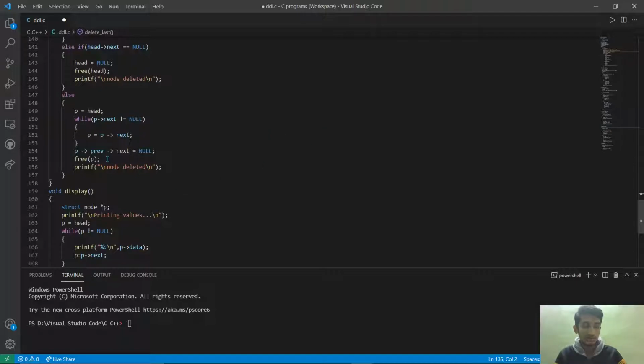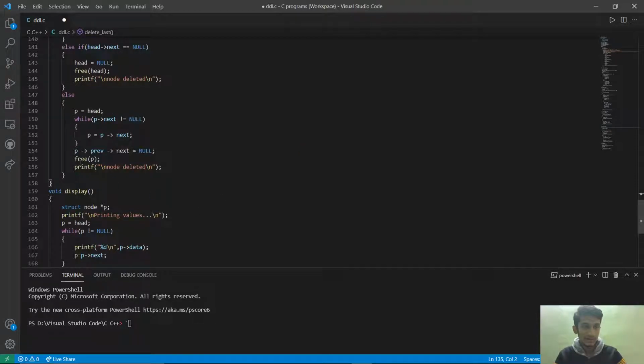I forgot to say that free p is used to remove the memory space from the program. Here p previous next equal to null means the last but one node's next should point at nothing, so that it will become the last, and the last node which has to be deleted will be deleted.